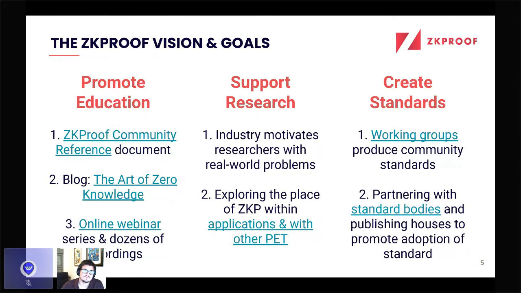The second point is that we aim to support research. The way we do this is to make sure that creating a standard doesn't hinder innovation. We want to encourage and support that research. So we bring different entities together, such as industry, academia, and government. And in that way, when they're sitting around the table, you get different kinds of influences, right? People from the industry motivate researchers to work on real-world problems, not the problems that the researchers think are the best.